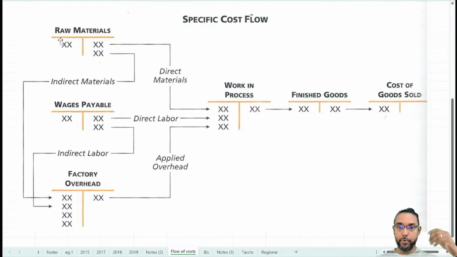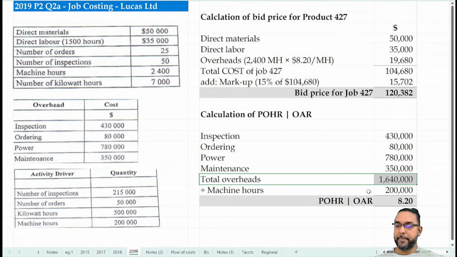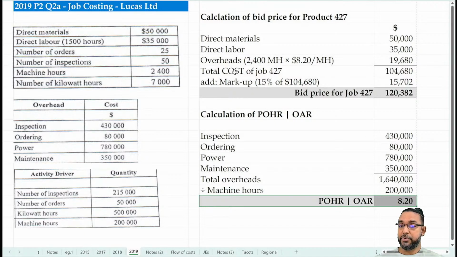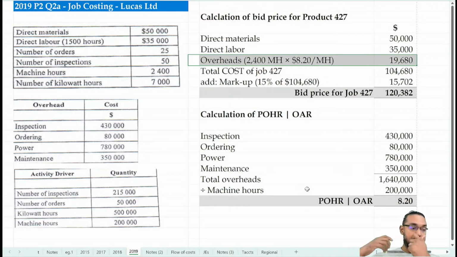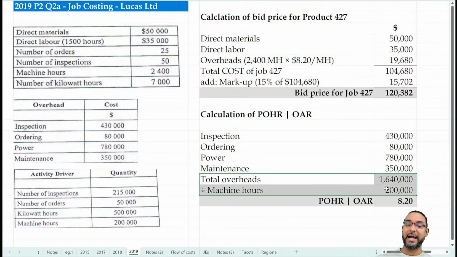When we accumulate overheads from raw materials, wages, and other places into the overhead account, the amount that is sent out is based on the calculation that we did here, right? We add up all the overheads, we divide by the application base, the singular application base, and we get an application rate. We then use that application rate to apply overheads, here, to the job or the unit of output. But what happens is that because we are basing the rate on the